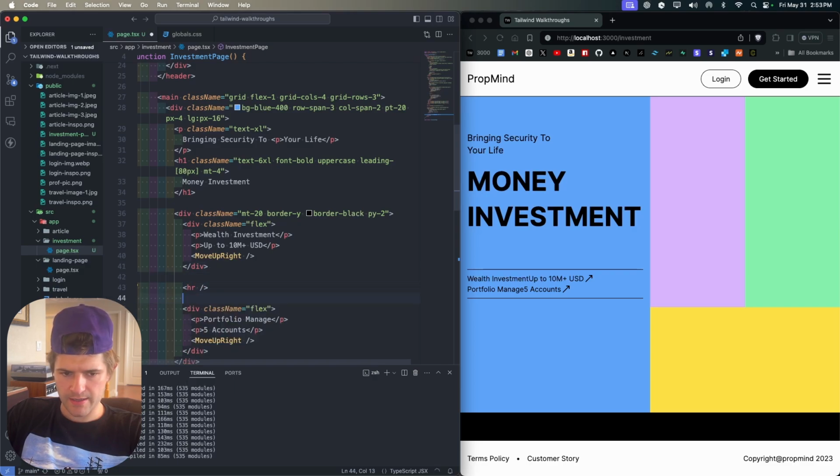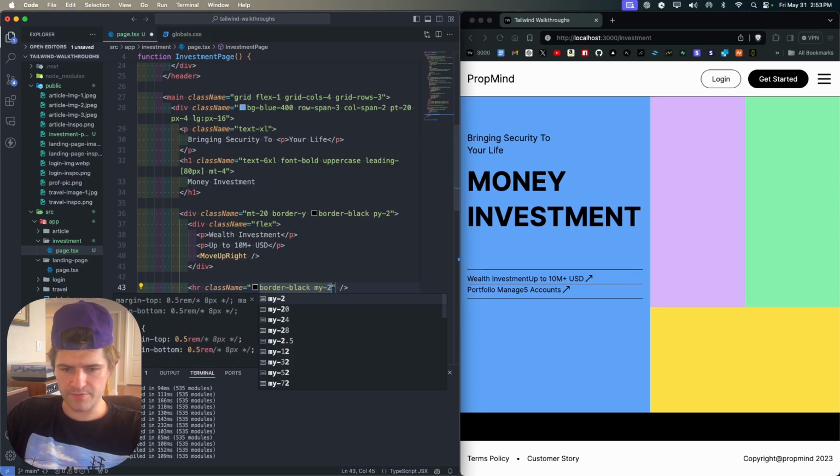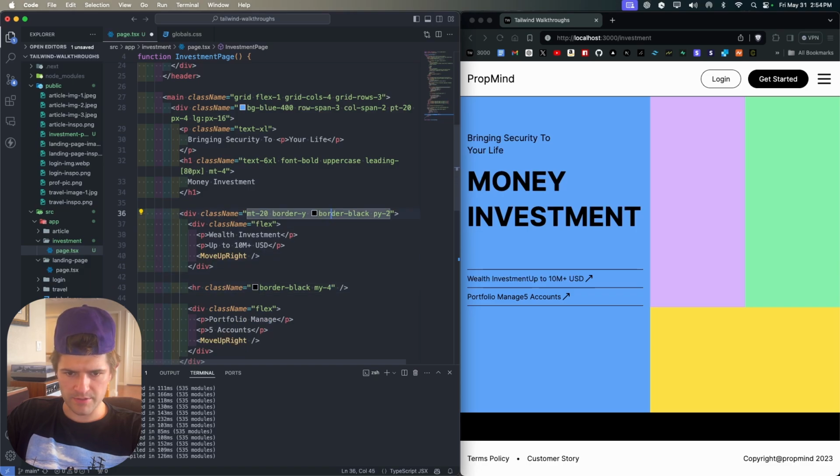HR tag, and I'm going to give it a class name. I'm going to say text black. Actually, we have to say border black. And then I'm going to give this an MY of 2. Actually, I'm going to give this an MY of 4, and then come up to this one and give this